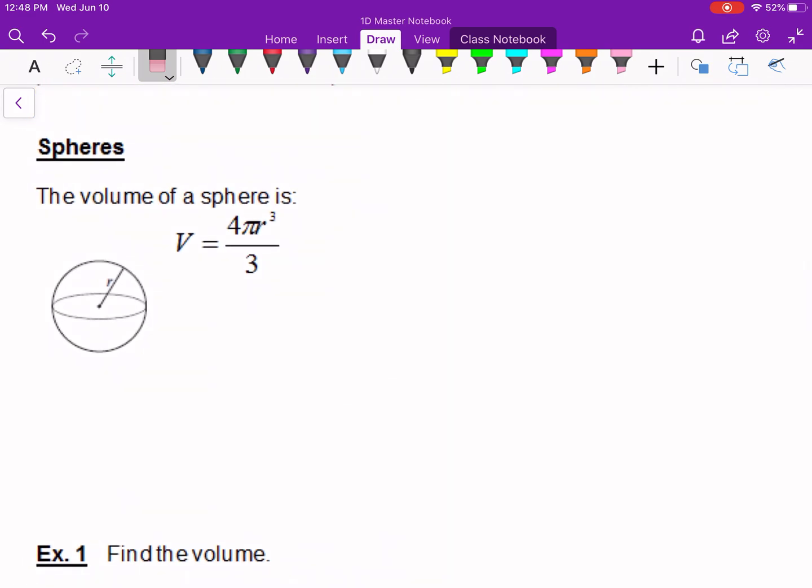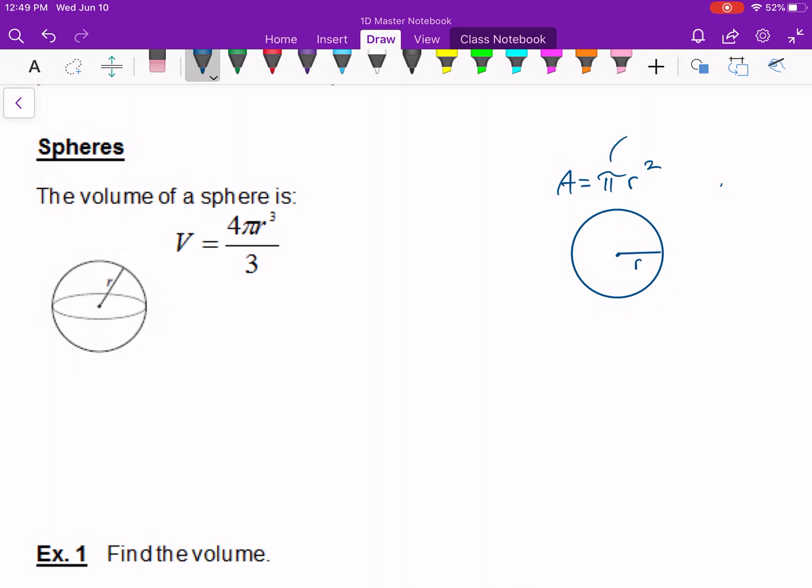The last one is the volume of a sphere. I don't have a comparison for this one. It's really just a formula you have to remember. But I can tell you this. Remember, for a circle, so let's try to make this as circular as possible. For a circle, the area equals pi r squared, where r is the radius. All right, so all I need to know is the radius,